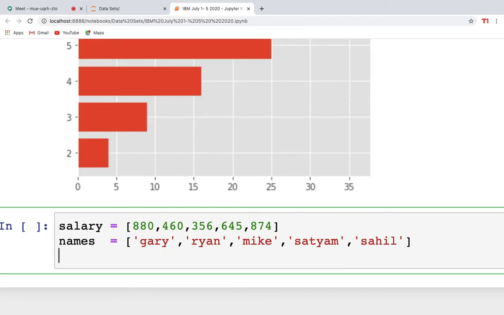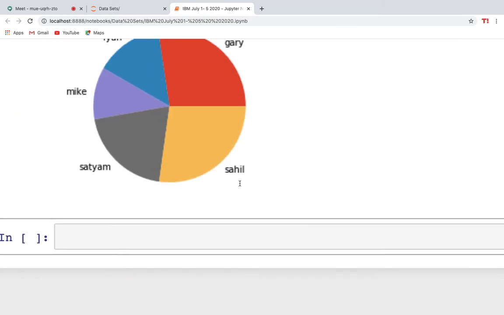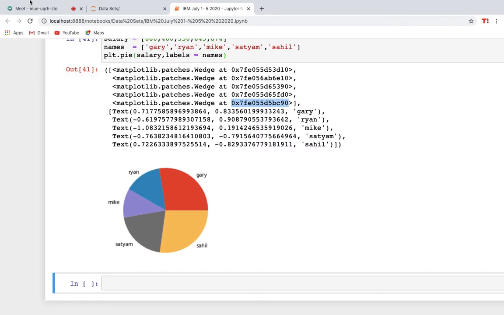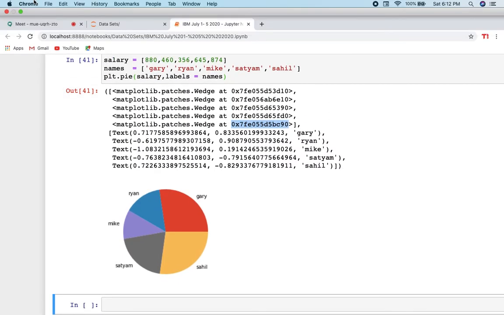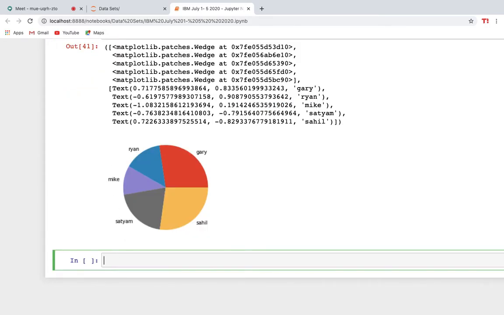Now actually I want to plot a graph that is a pie plot. Just going with that and writing it for salary, comma the labels as my names, and just to get a plot over there. So you get a plot that is this, something like that. So now what if I want to get the percentages and also the change in the colors? So I want to change the color first. So I'll just copy, I'll just write plt dot